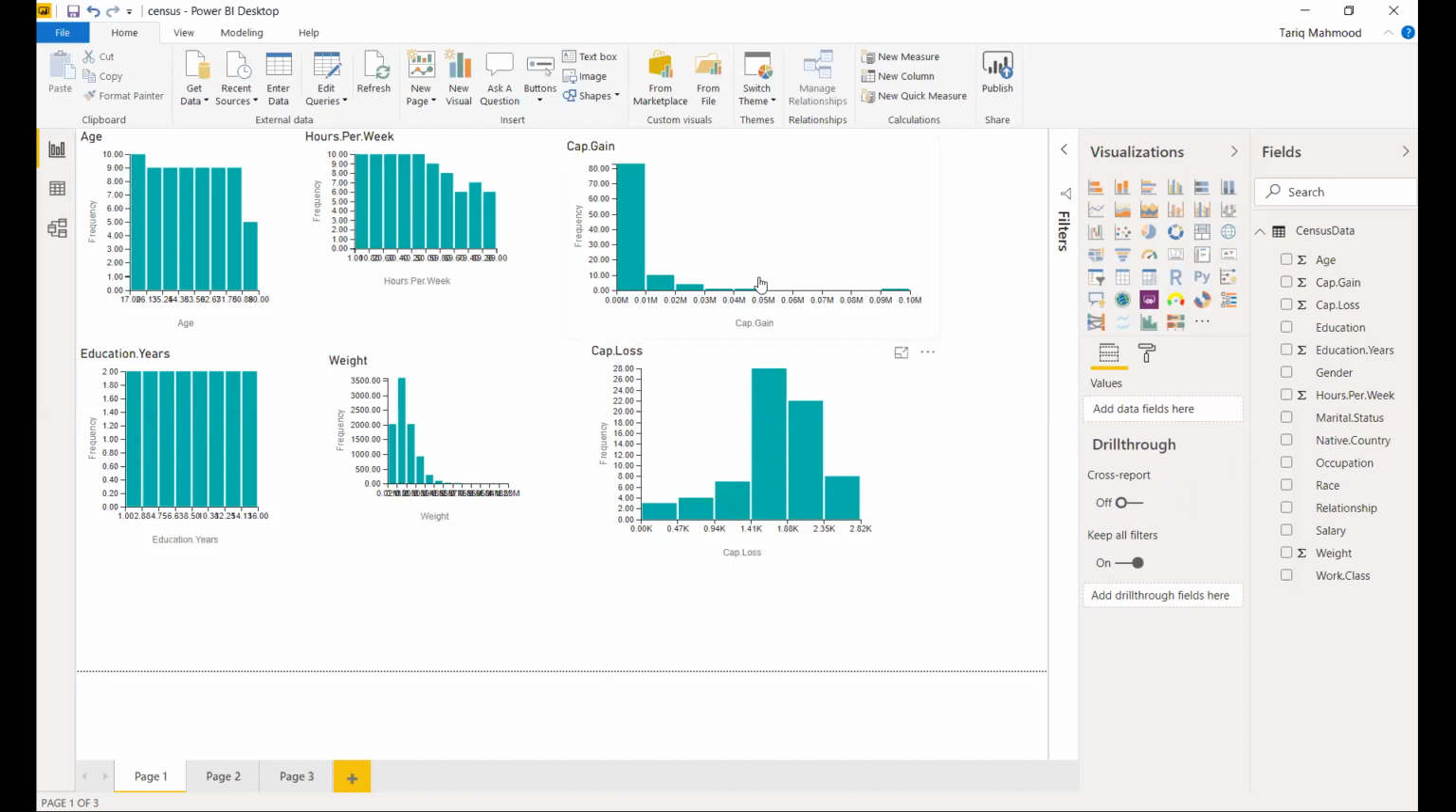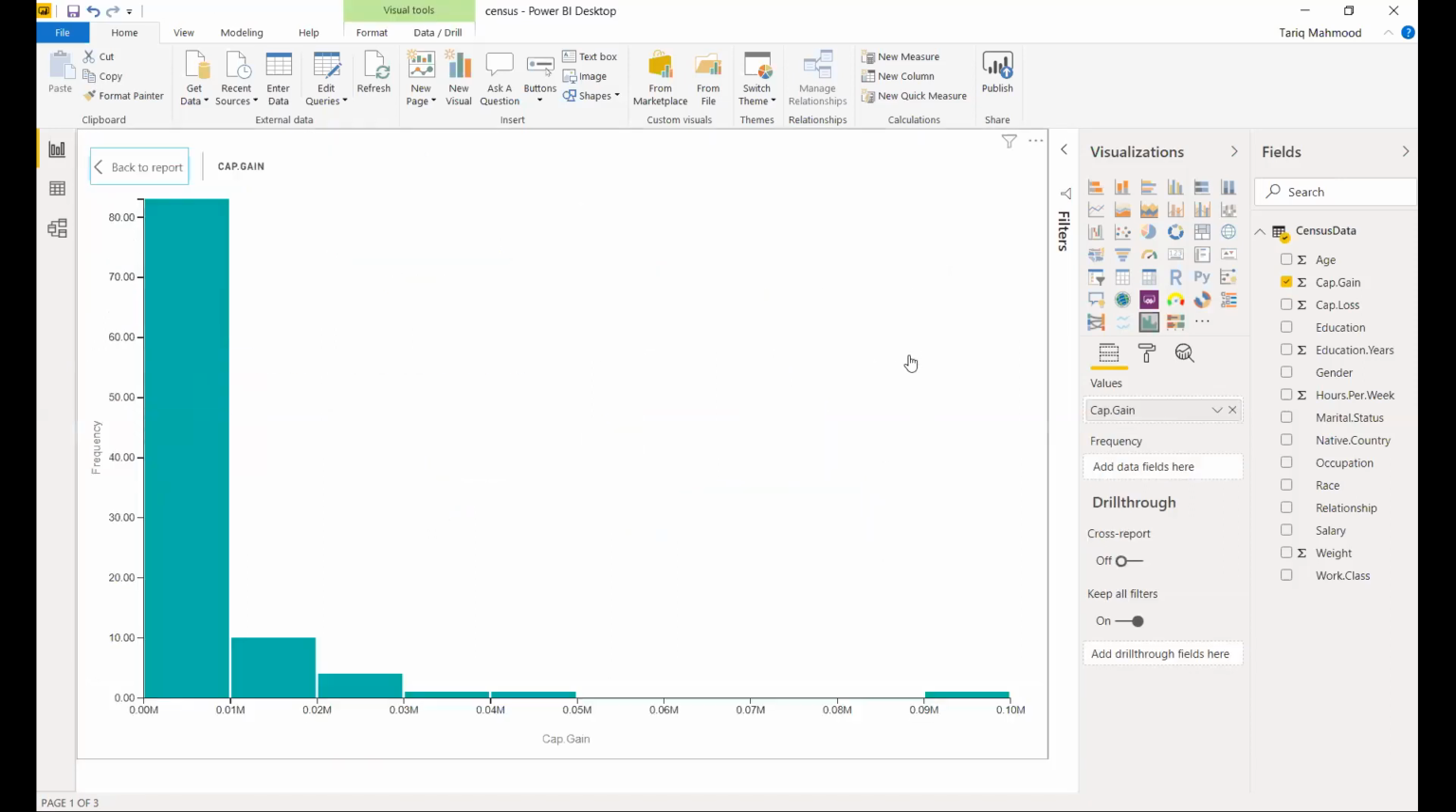When I use the focus mode here, from 0 to 0.1 million there's a lot of frequency in this case. This is a very strange sort of distribution. It's a highly skewed distribution. There are lots of missing values in between, so it's not consistent across the bins. And from 0 to 0.01 million, that means the gain goes from